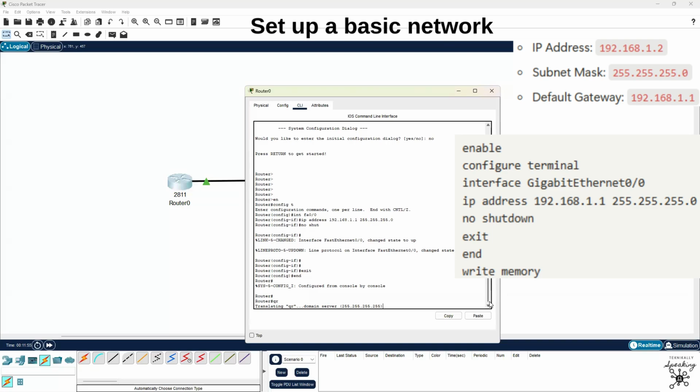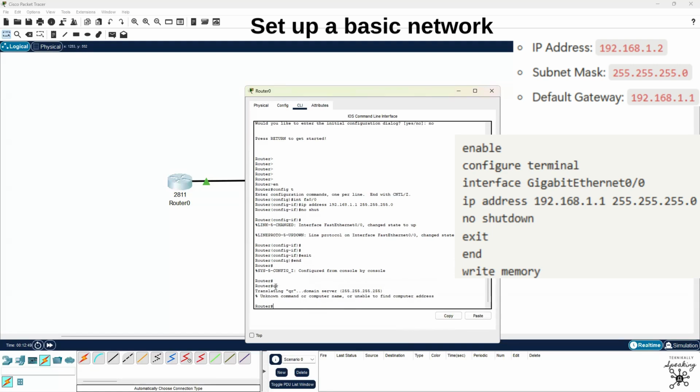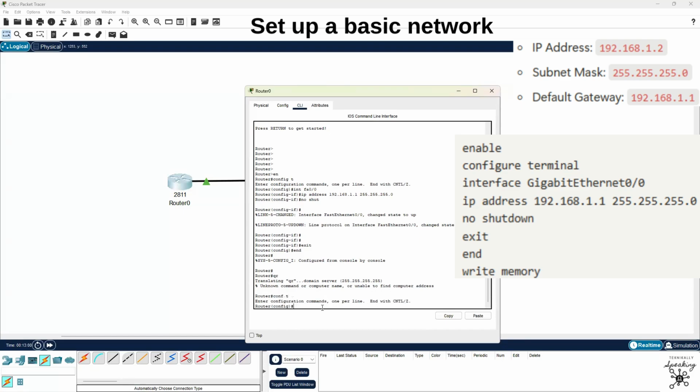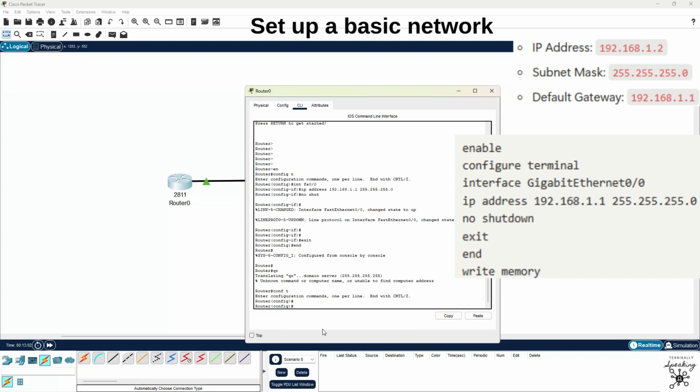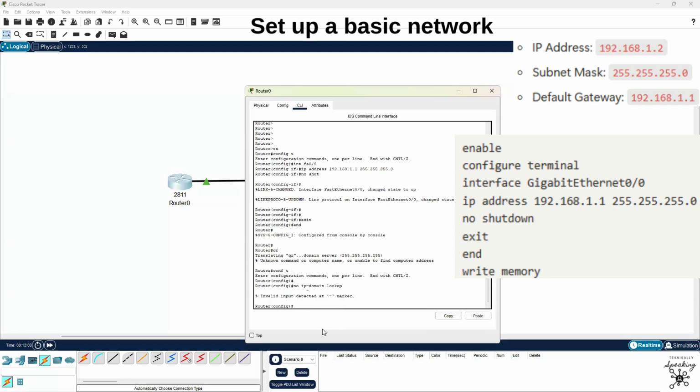And now it's trying to look up this misspelled command that I did. So it's going to take a minute. And you just have to let that kind of time out. So I'm going to show you guys. Just wait. Let's let it time out. Okay, cool. So I accidentally typed the wrong thing here and it took forever just trying to translate and figure out what this means. It doesn't mean anything. So you can go to conf t and in the configuration terminal, you can do no ip domain-lookup. I believe that's what that is.